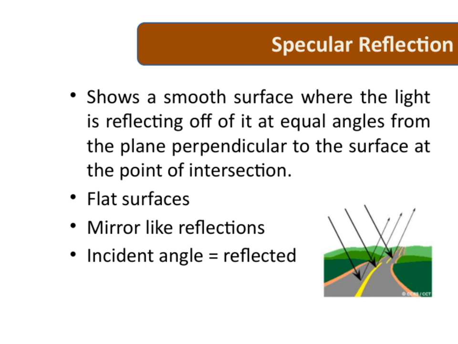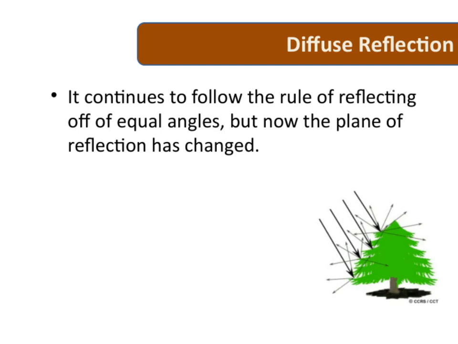A key point here is that the incident angle, which is the angle at which the light hits the surface, is exactly equal to the reflected angle. Understanding this helps us see why reflections on smooth surfaces are so clear and predictable. It's a fundamental concept that ties into how we perceive reflections and how different surfaces affect light behavior in our environment.